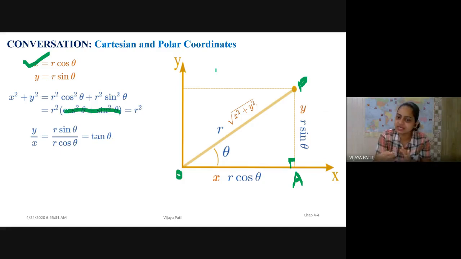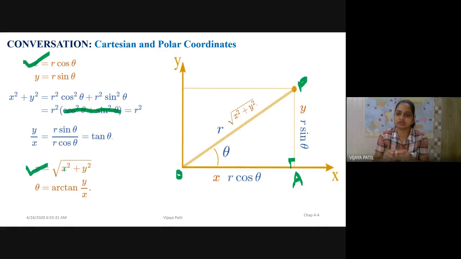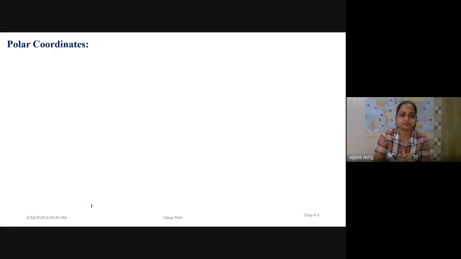Okay, now what else is there? This is the theta, so I can find out the tan of that. That means the opposite side over the adjacent side. If I take the ratio of that, that will give me r sine theta upon r cos theta, which is equal to tan theta. And therefore, this is nothing but the conversion back from polar to Cartesian. First, r is equal to square root of x square plus y square. Theta, you can say, is tan inverse of y by x. This is what we have been doing until now. The theory behind it is this.